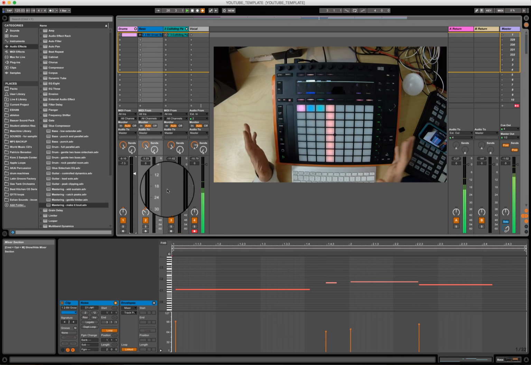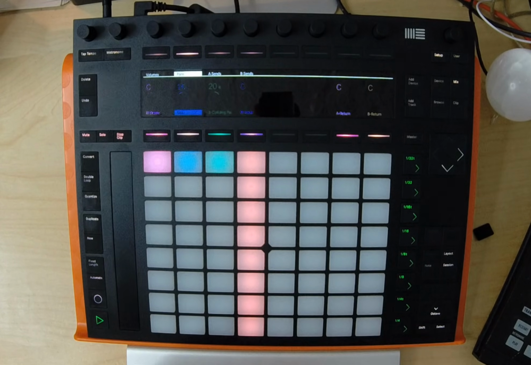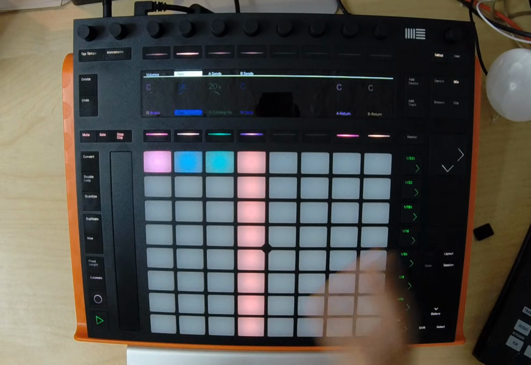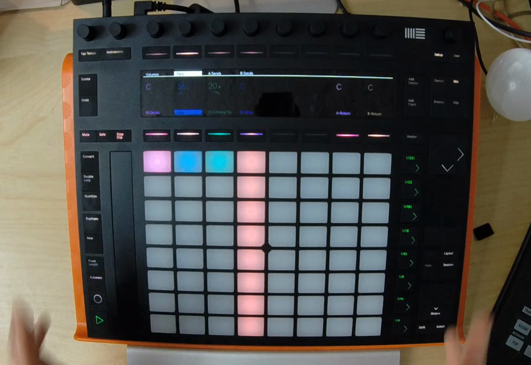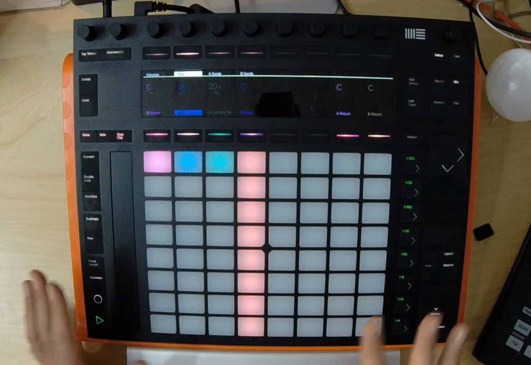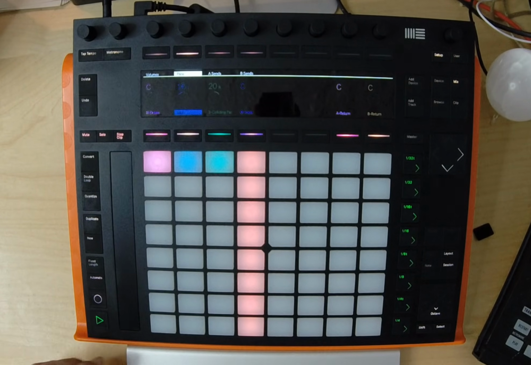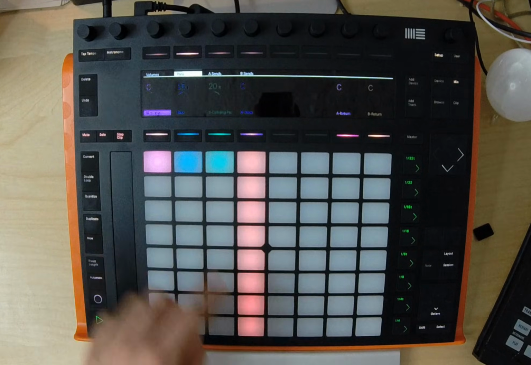Now, obviously, Push can do pretty much unlimited things. Like the way you can combine things and work things, there's just so many things to do. This really is just to get you started, up and running, using the presets in order to start creating your own songs. So, like I said before, we have,